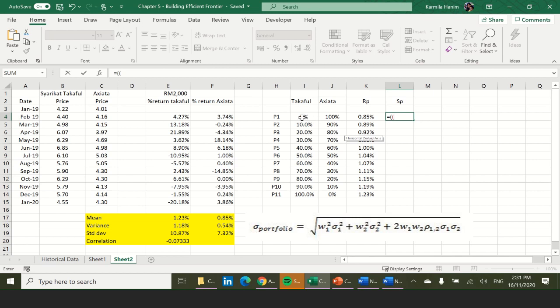Okay, the weight times with the standard deviation for Takaful, power of 2, plus with standard deviation for Axiata,